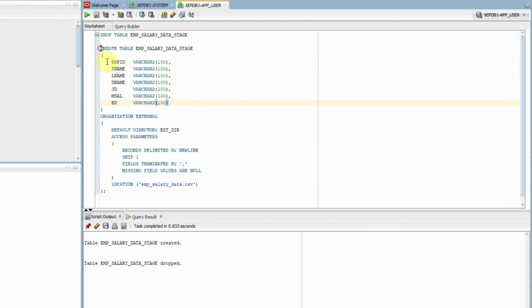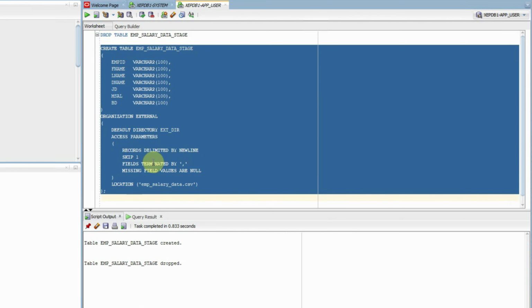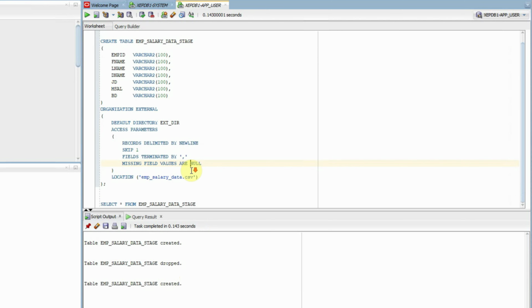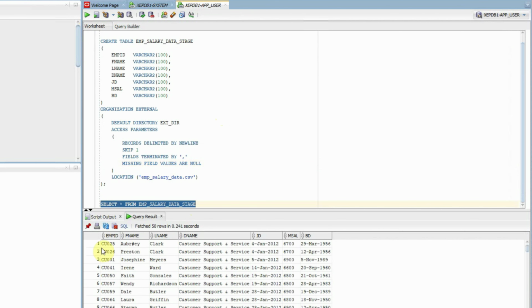Now we will recreate this table with the new parameter that we added as skip 1. Let's execute it as a script. The table is created, and then we will execute our select query again, and this time there should be 525 records and the header row is also gone. Count of records 525. So we are good now. But although we have got all our 525 records in this external table,